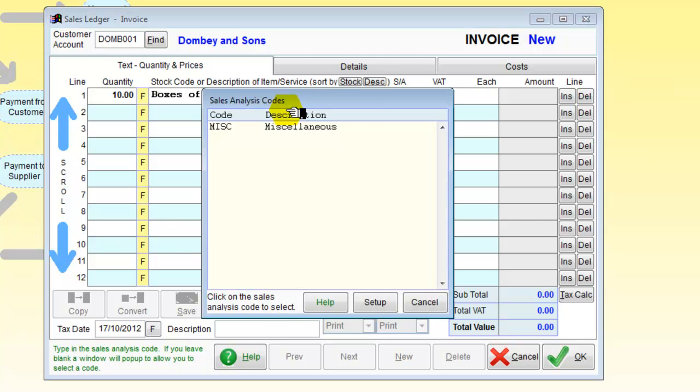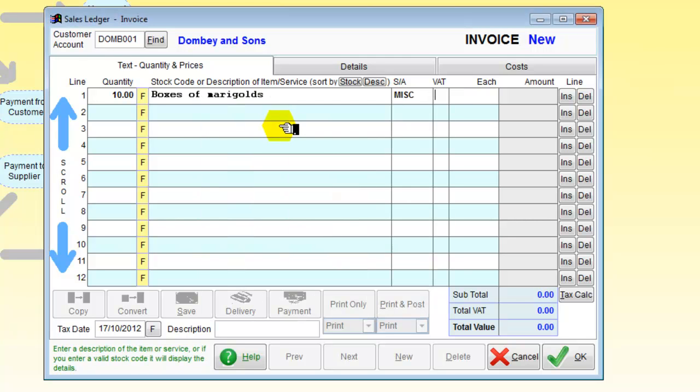and when I tab along here it's going to ask what it is. Well, we're going to put everything down to miscellaneous. We're going to put one down for VAT. We'll say that each one costs $2.98 plus VAT, and we're also going to invoice them for 10 boxes